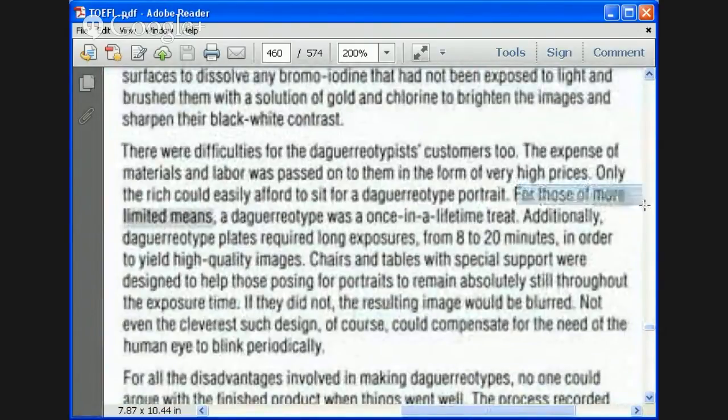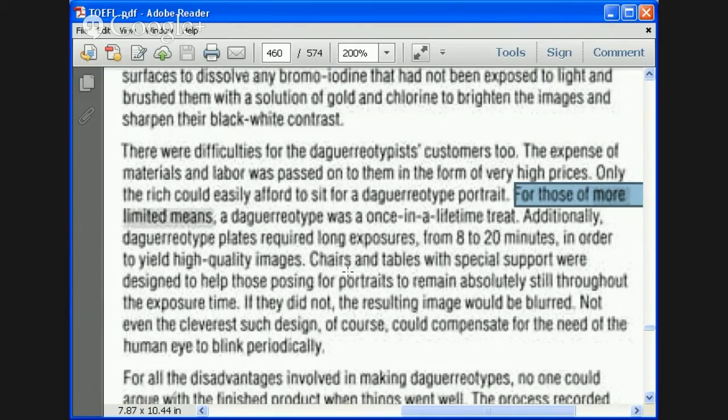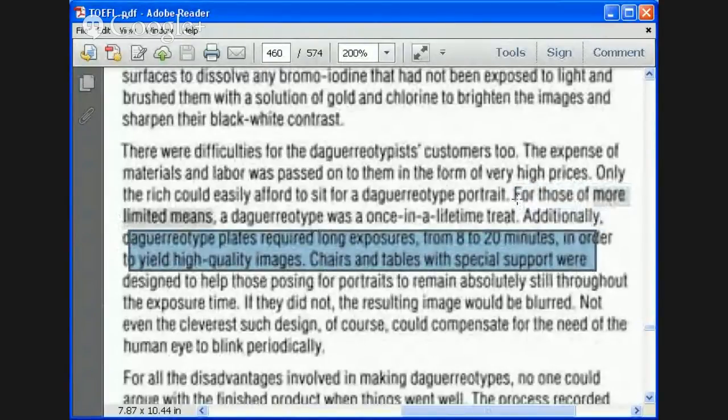Let's see. David, can you read the sentence? For those of more limited means, daguerreotype was a once in a lifetime treat. Additionally, okay, sorry. I think you can stop there, actually. Additionally, daguerreotype plates required long exposures. That really has nothing to do with it. You might want to quickly glance at the sentence after, as David did. You might want to glance